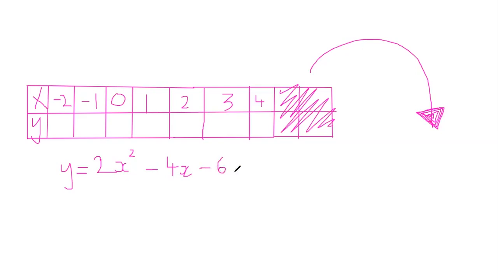And so let's just put that into the calculator. I'm just going to do an example. Y equals 2 times -2 squared minus 4 times